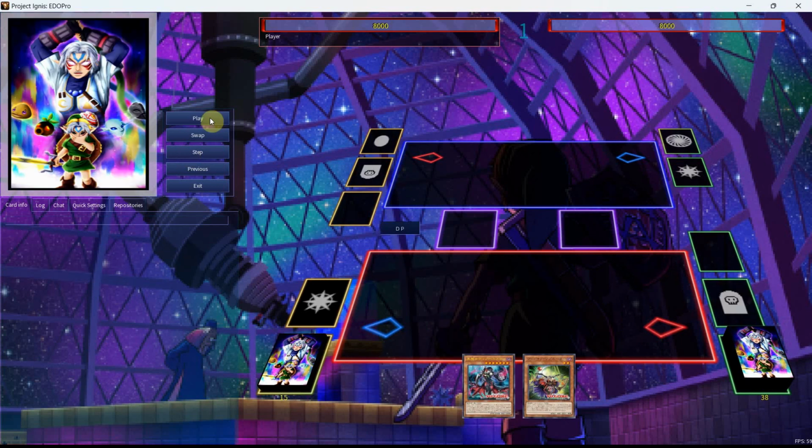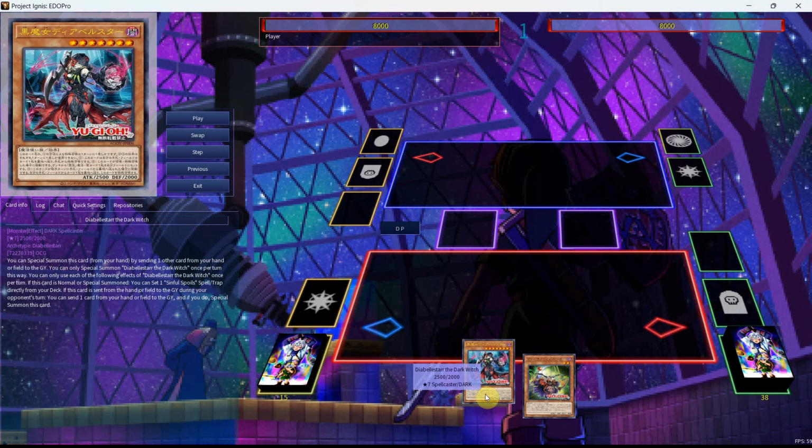Now, for this next combo, we have the Diabellstar stuff, and I will show 2 options that we have with this, as the first one is a very minimal one. This is a level 7 that reads, you can special summon this card from your hand by sending one other card from your hand or field to the graveyard. So similar to Soup, you can kind of see the point. It's a body that you special summon, and you send a Resonator to the graveyard this way,